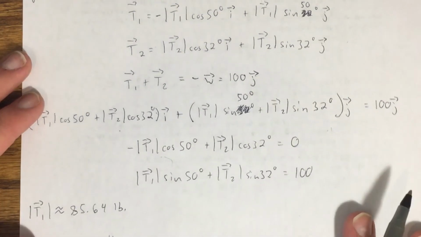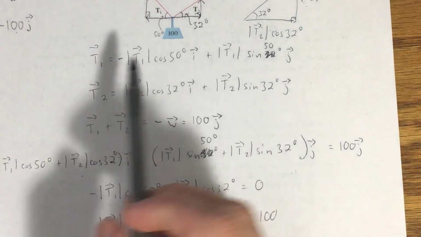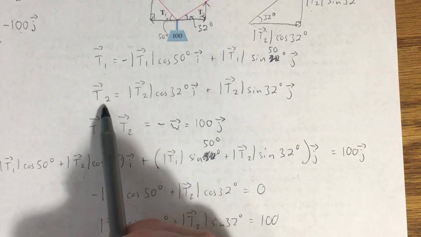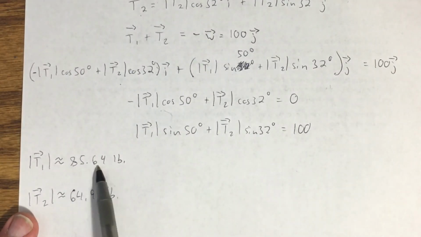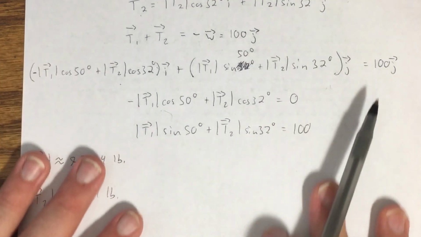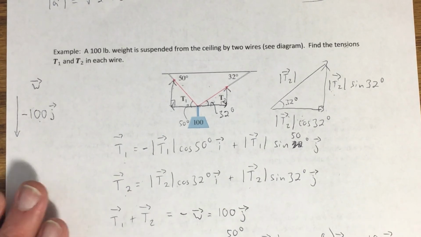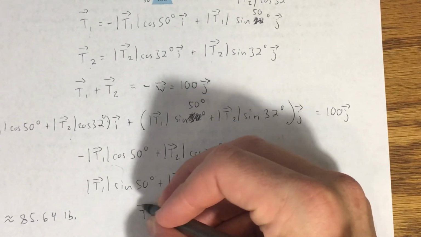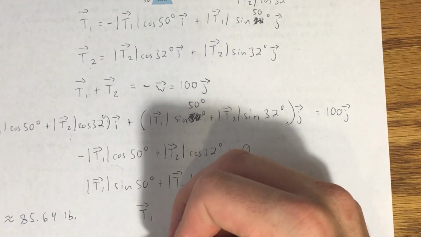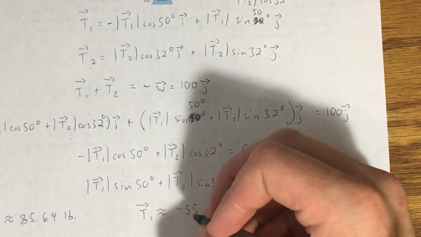Now, I was asked to find the tensions T1 and T2, not just their magnitudes. The tensions themselves are vectors, not just real numbers. And we have expressions for those vectors here and here. So what I could do is take the two magnitudes that I just found, 85.64 and 64.91, plug them in to these two representations of T1 and T2, and then simplify and get the vectors representing these tensions. And here's what we end up with if we do that. There's going to be some rounding here, but it's going to come out to about negative 55